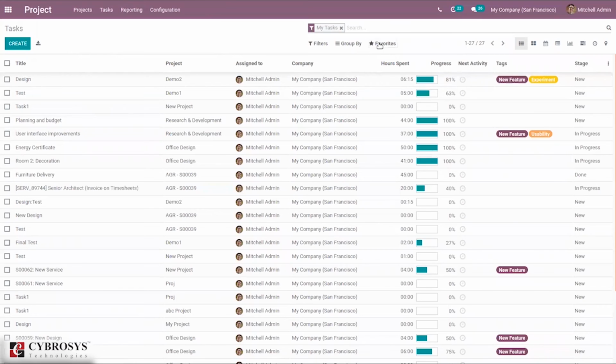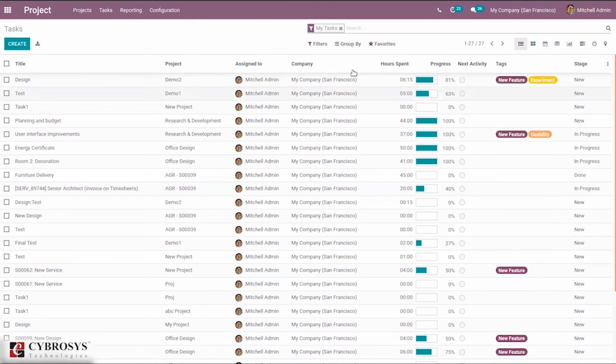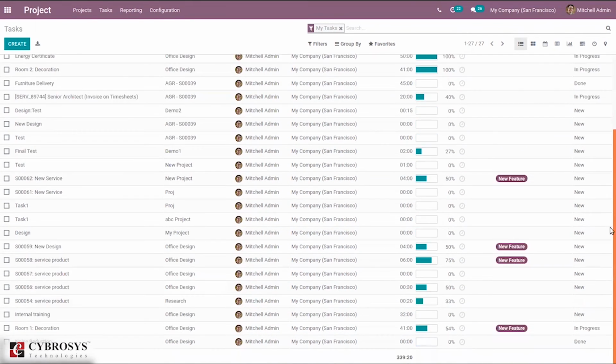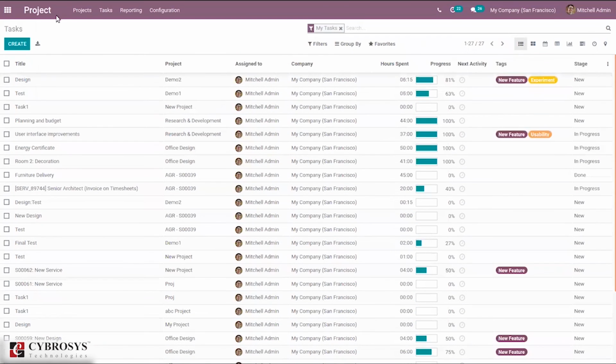So you can see all the created tasks, task title, then project name under which the task is created, then the assigned person, company name, then hours spent on task, then the progress of each task, the percentage, then activity planned on each task, then the tags given on task, and the stage, whether it is in progress, new, you can see that,